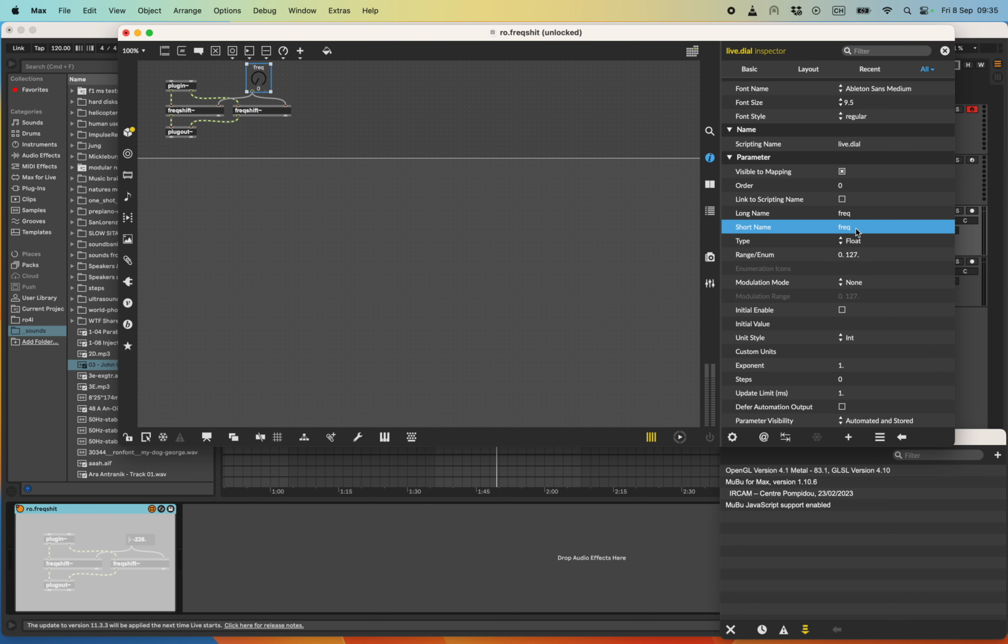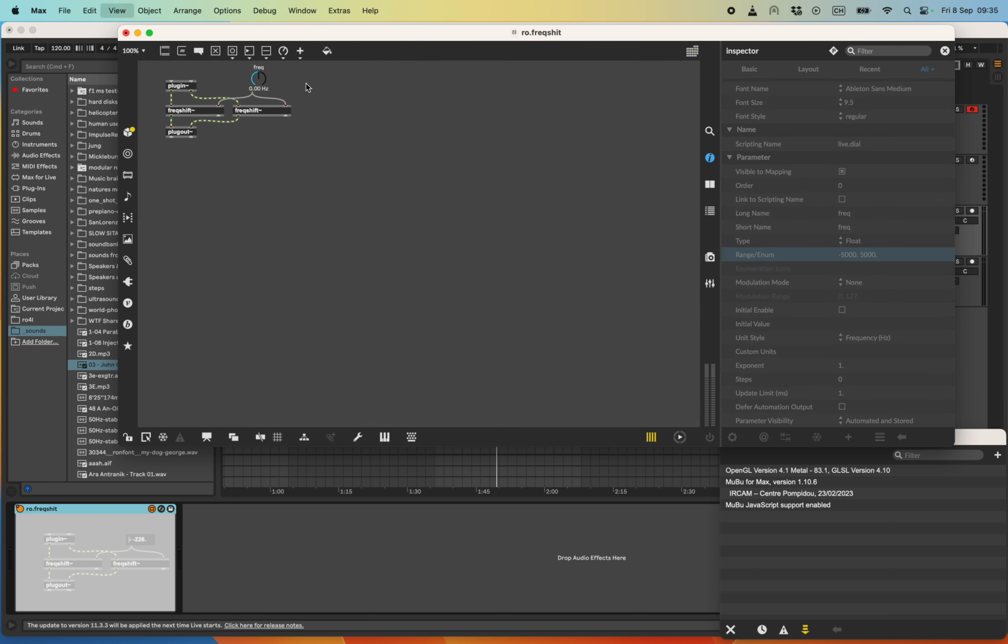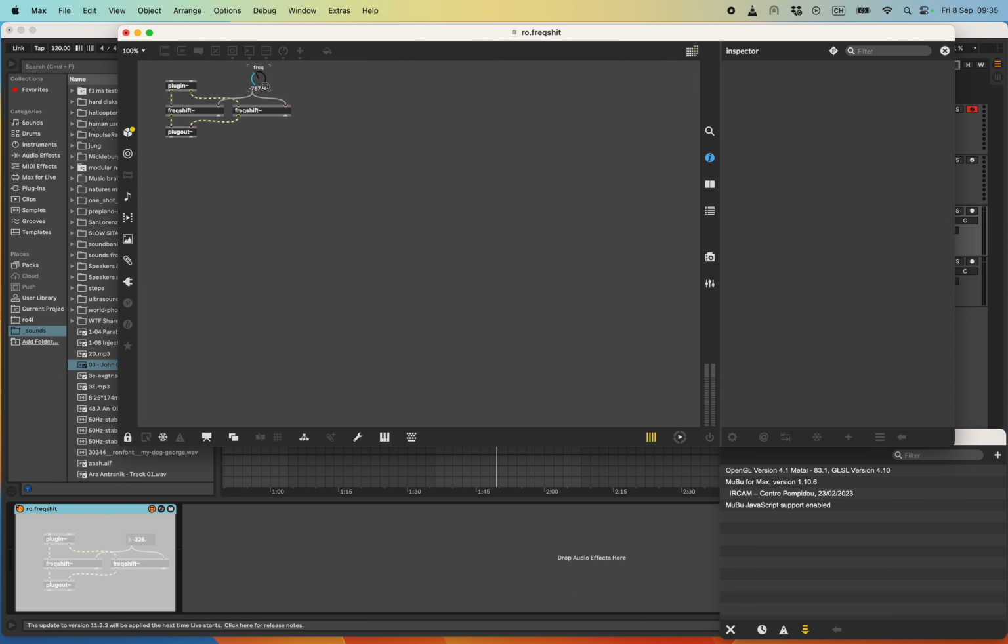So the type, oops, sorry, not the type, where is it? Unit style here is Hertz. This is important too because we're going to give it a range. So let's say it's between minus, I don't know, minus 5,000 Hertz and plus 5,000 Hertz. And now if you look here, this is actually not linear, it's logarithmic. Here, let me show you. If you make a live